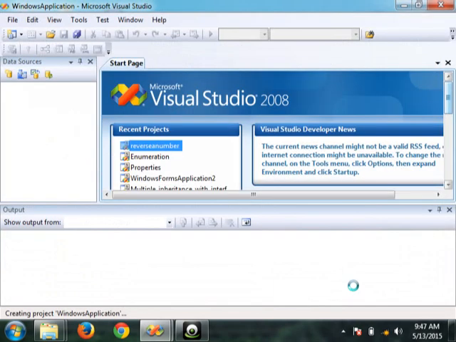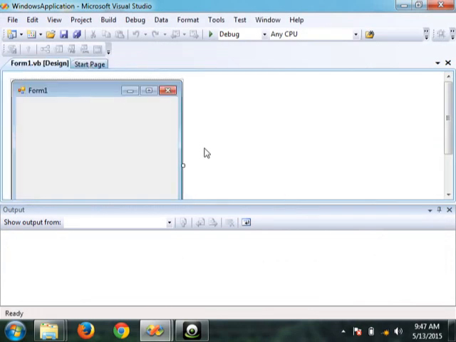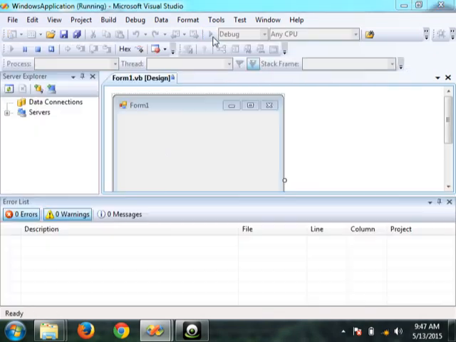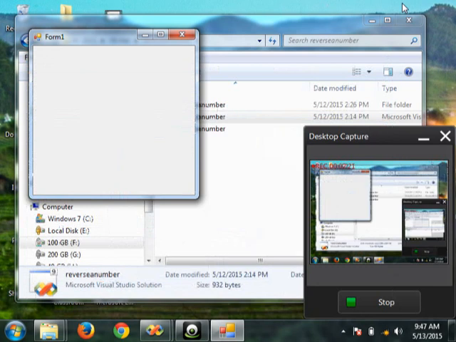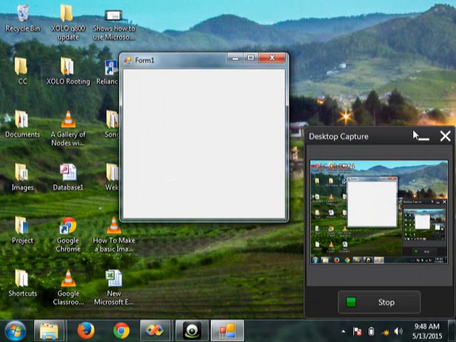The moment this one opens up, you will notice, I'll close this so that you can see a broader view. This is what is a Windows form. A form is like a container for other controls. It acts like a container where you will put other controls to make it look as you want it to be. Right now this is just one form. If I run this, this is the run button as usual, you can see this is what the output looks like, unlike the previous case where it was a black screen, isn't it? So this is what it looks like.